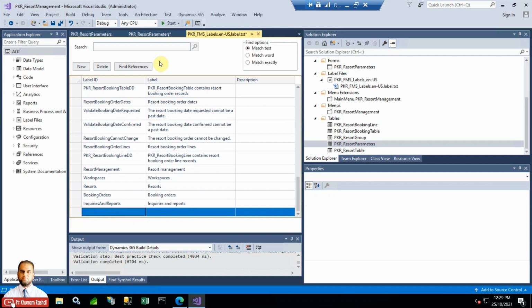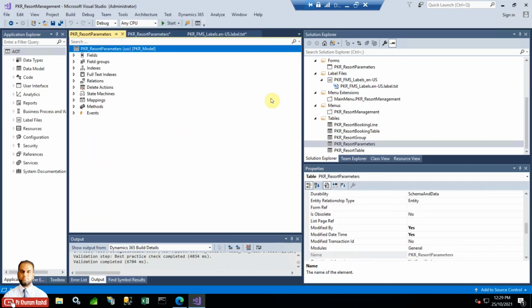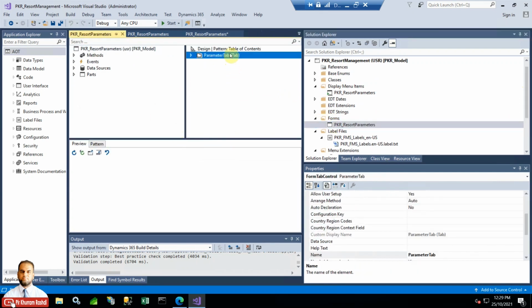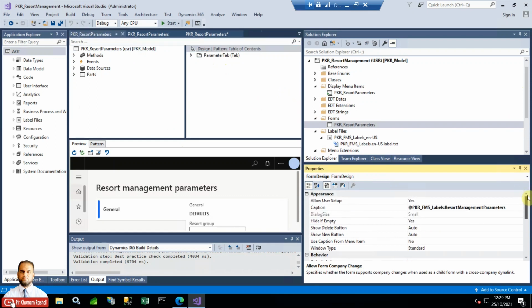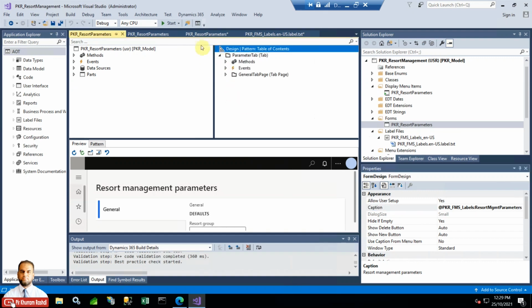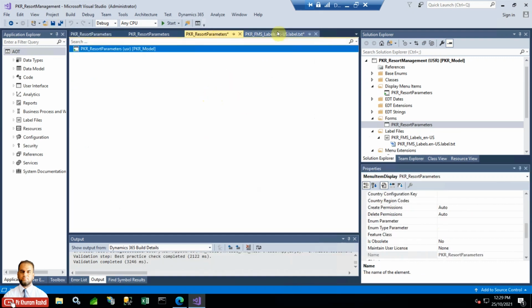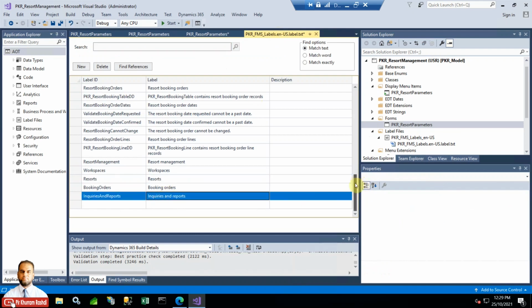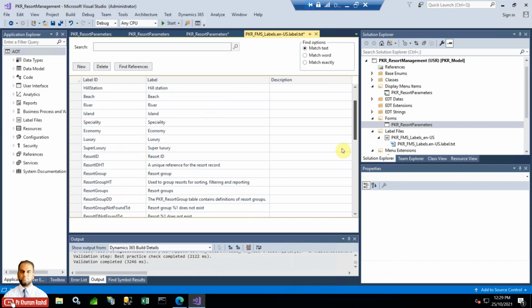I will just delete it, and go to the form which I have created. In the form design, I have put the caption here. I will just replace it with the existing one, because there is no need to create duplicate labels. So I just place that one, and now I can simply delete what I already did. I deleted the duplicate label, and